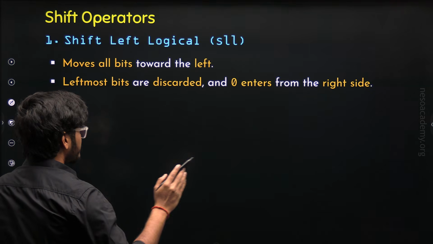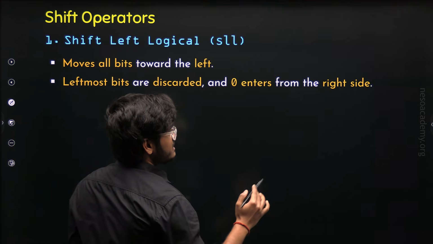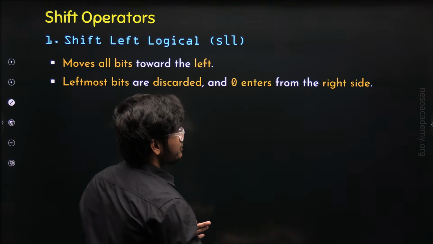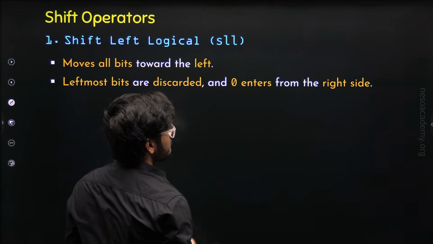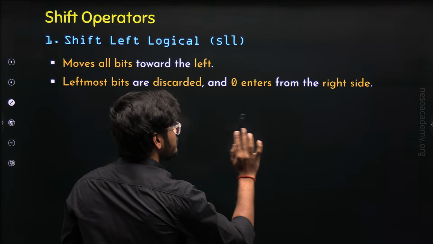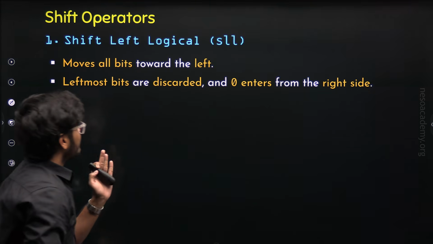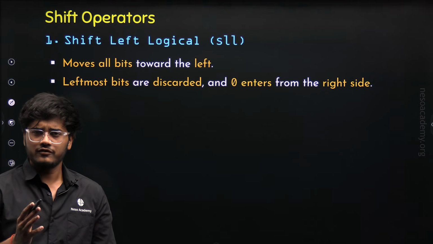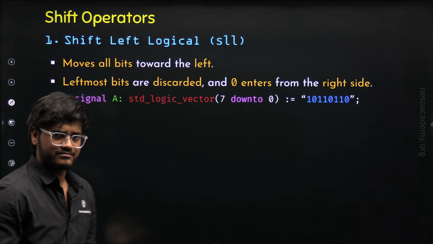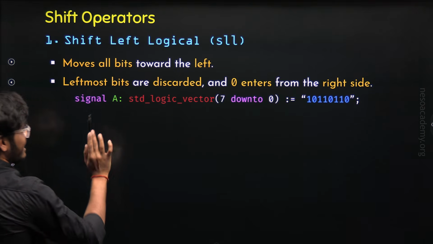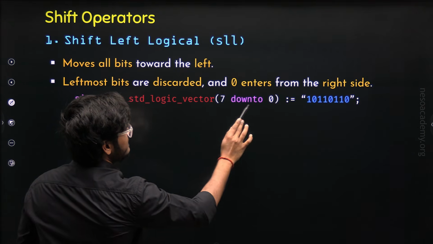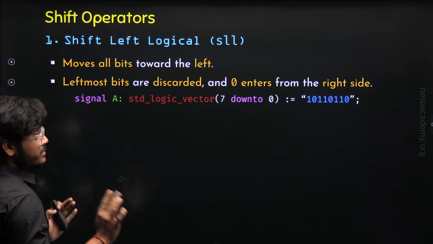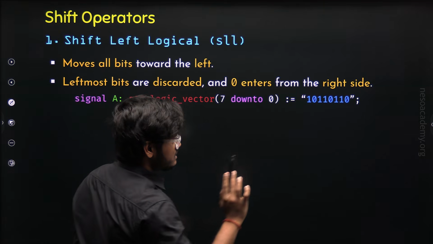As bits shift to the left, an empty space is created on the right position, and to fill that position, we use 0, and this 0 is called 0 padding. Let's understand this SLL operation using an example. For that, I am taking a signal A as a standard logic vector 7 down to 0, meaning signal A as an 8-bit standard logic vector as